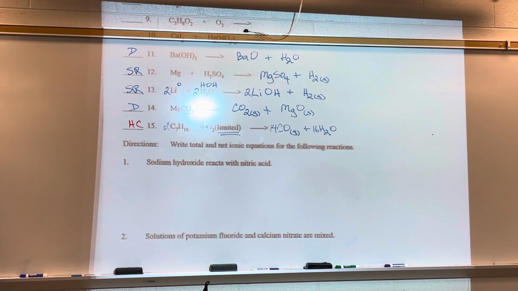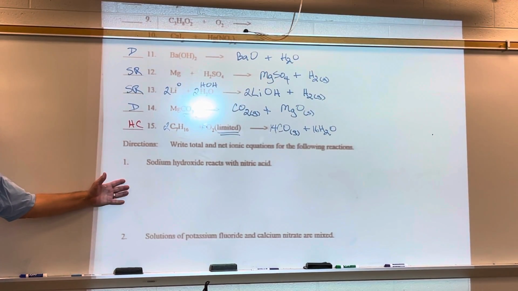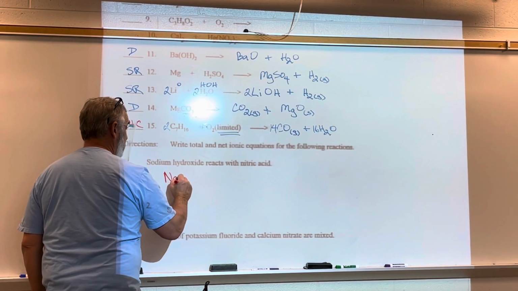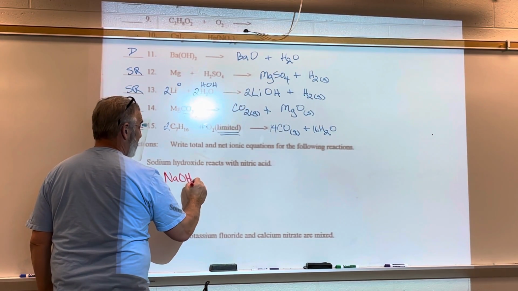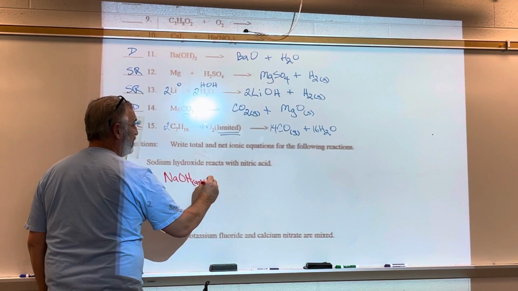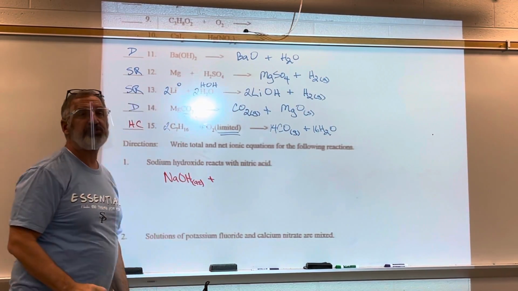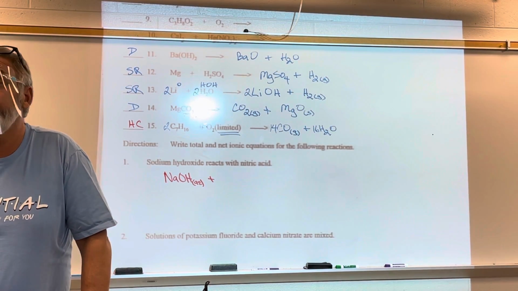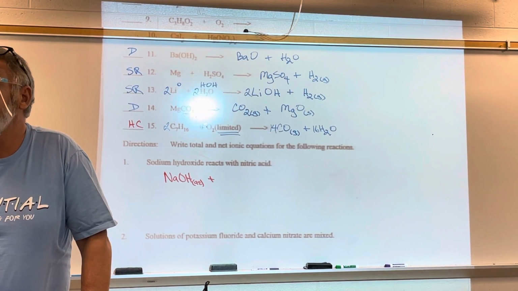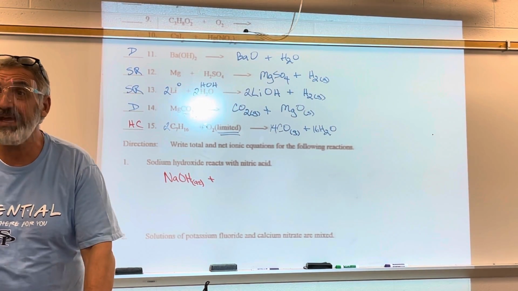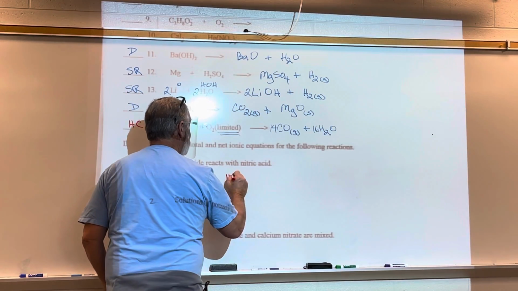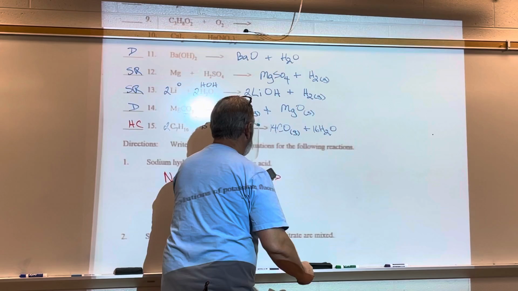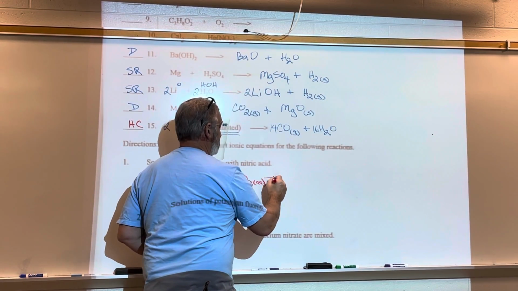All right, so when you're doing these, let's go ahead and just write the normal molecular equation. So we're going to say sodium hydroxide reacts with nitric acid. Now we're going to assume that this is aqueous because that's the only way it can react. Nitric acid came from which anion? Nitrate, which we know to be NO3 minus. So all acids, what's the positive thing? Hydrogen, so it's HNO3. So it's an acid-base neutralization reaction, and they're both going to be aqueous. In almost all double replacement reactions,